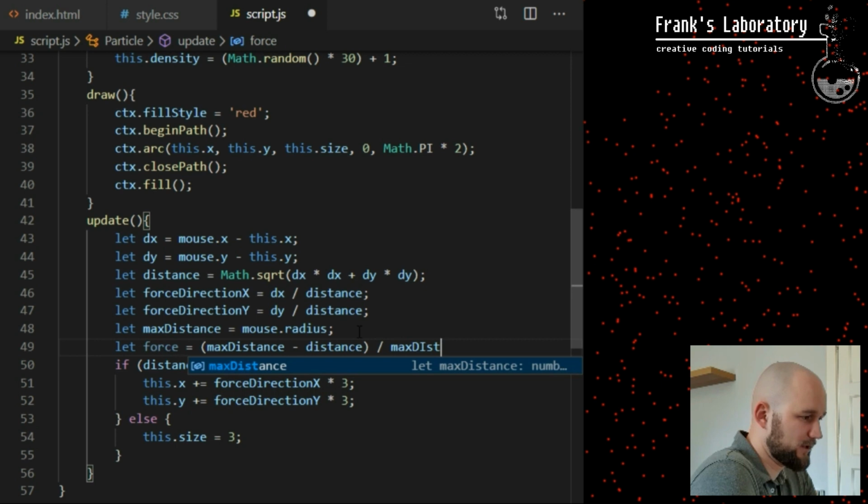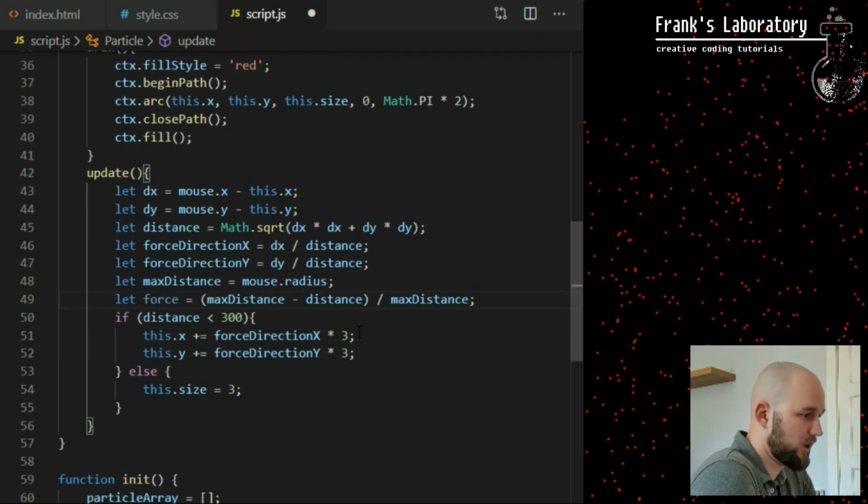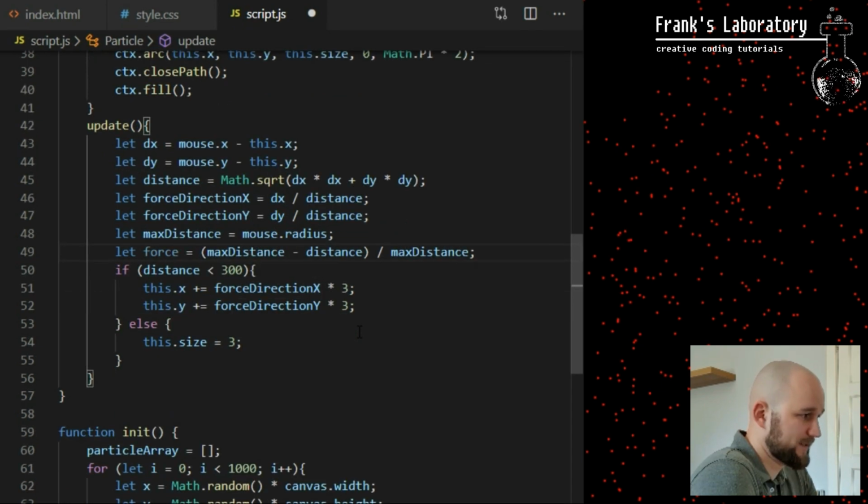So I will call that variable, for example, force. All I want to do now is to take number range of 0 to 250 and convert it to number between 1 and 0, depending on where on range between these two values the number is. 0 is particle with a distance 0 from the mouse, so it will be touching the mouse.